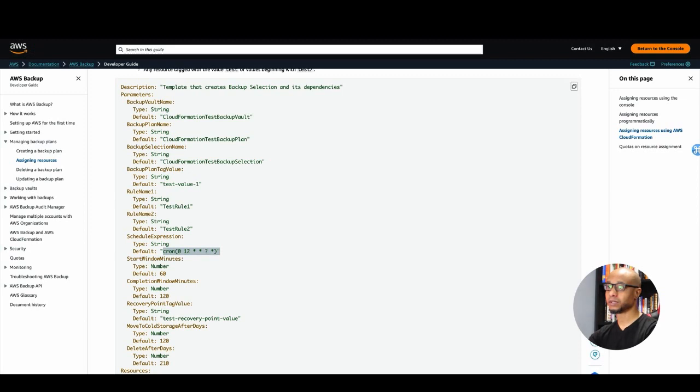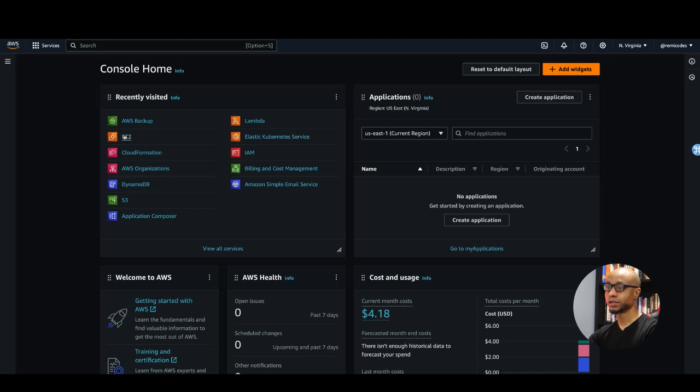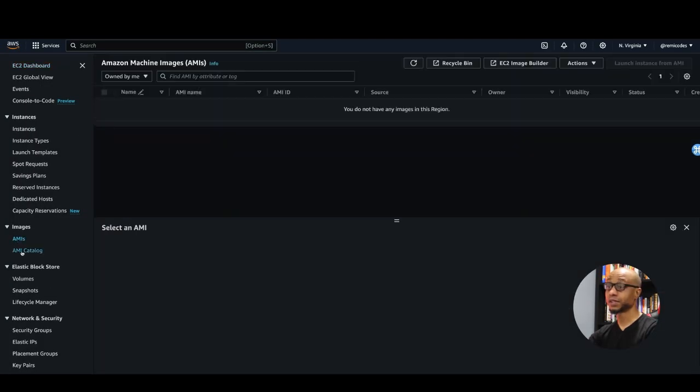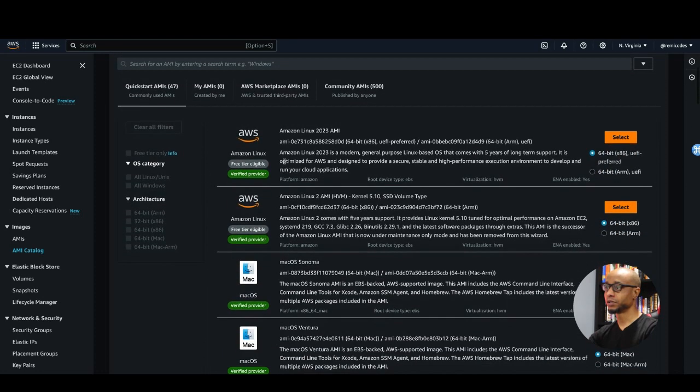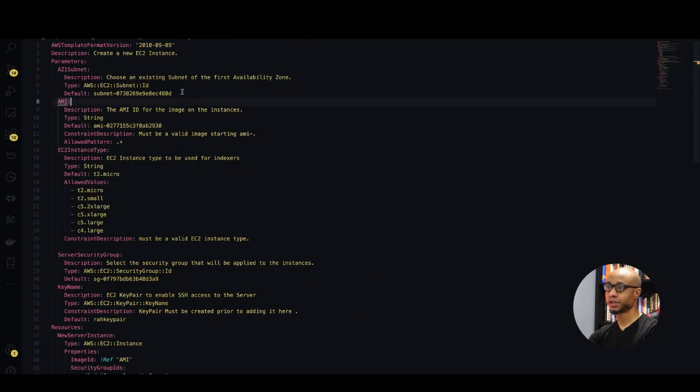All you have to do is go into your AWS console, click on EC2, and then go to AMIs, pretty much the AMI catalog. What I'm going to use is Amazon Linux 2. So this is the AMI, for example. You just copy this, and then you place it here for your